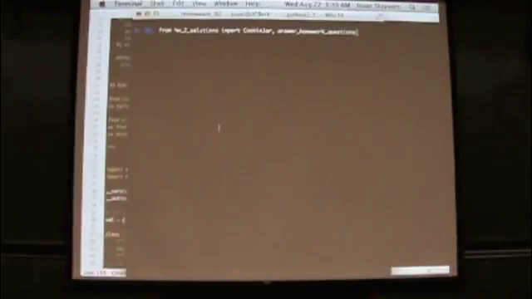So I have IPython started in the folder that the Python file is in. You see I call from the name of the file, import the objects I want to import. So I'm importing both the cookie jar class and that function, answer homework questions. So now I can say something like,